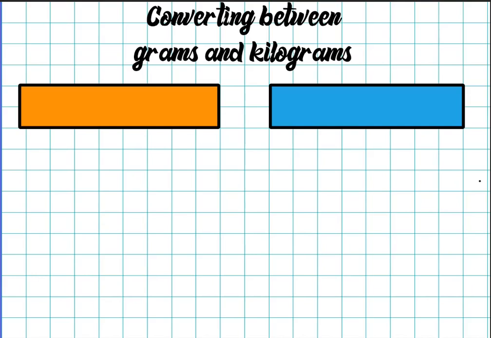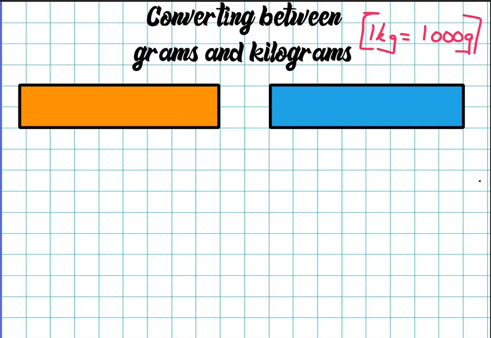We've done conversion between centimetres and metres and centimetres and millimetres, and if you remember what we did there, it's very, very similar. You just need to remember two things. The first thing you definitely need to remember is how many grams go into a kilogram. That's going to be essential information today. So grams to kilograms, we know that 1 kilogram is equal to 1,000 grams, and we need to keep that